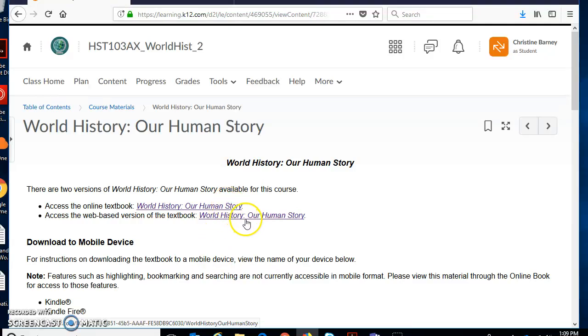And you'll see two links. There are two versions of the online textbook. They have the exact same information, but they just look a little different. So it's up to you which one you choose to use. And I'll show you what both of them look like. So this first online textbook link